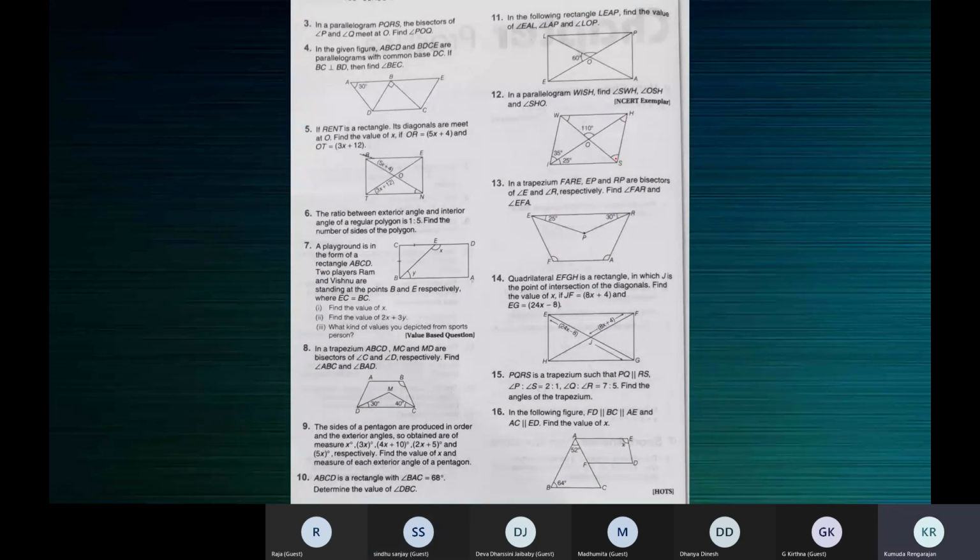See here, to find this, have we found SHO already? No, ma'am, we have to find SHO in order to find OSH. Okay, fine. Then. Ma'am, we found SHO, ma'am. Okay, if you have done that, we can find the angles in different ways. Now, supposing you want to use SHO, how much did we find SHO is? 35 degrees, ma'am. Okay, we found this is 35. This is 35 degrees. And how much is this angle?